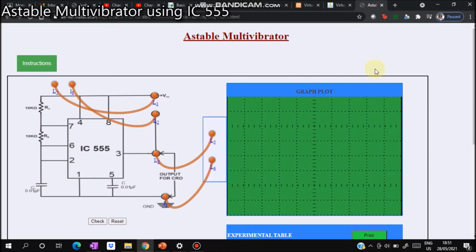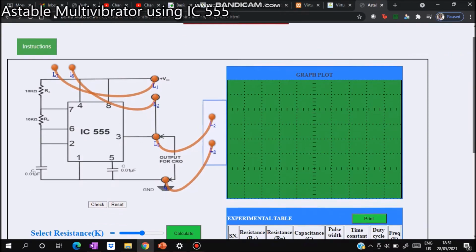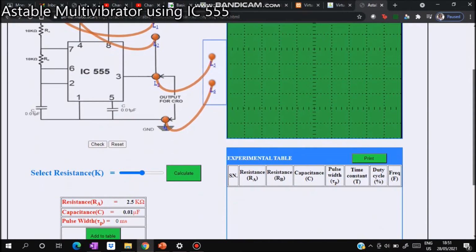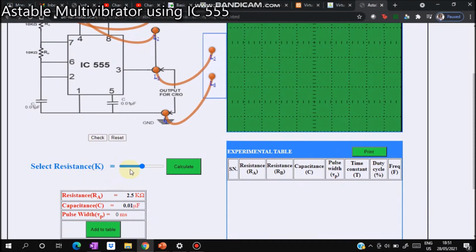Now I need to check for different values of resistor and try to get the various values. Here I can get the pulse width, time constant, duty cycle and frequency. So let us select a certain resistor. Let's say I am selecting RA as 1K.